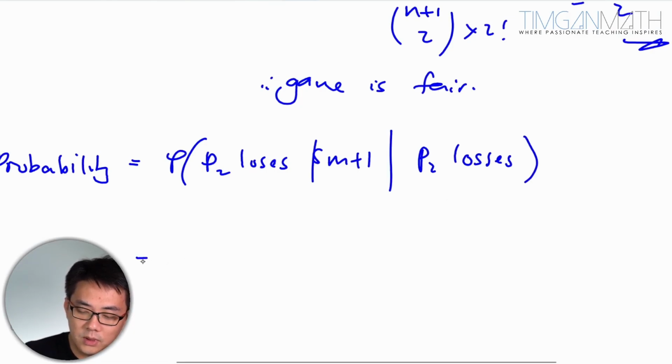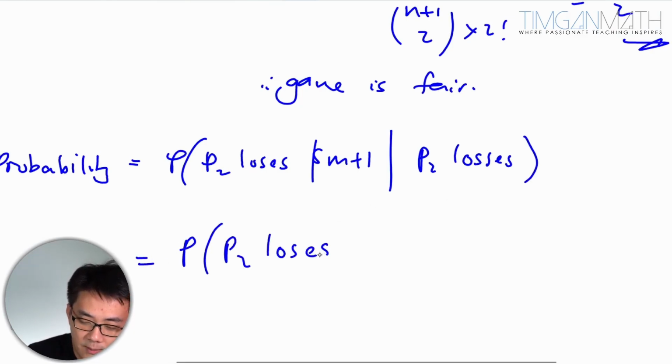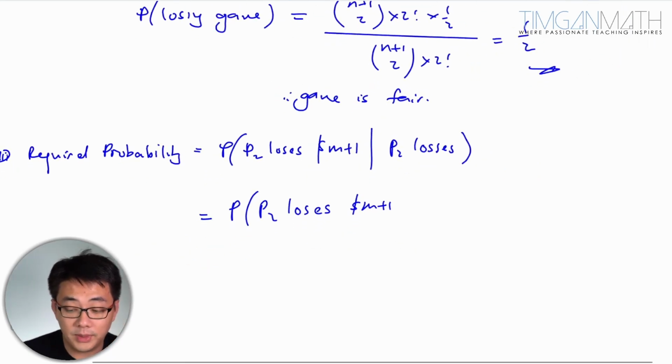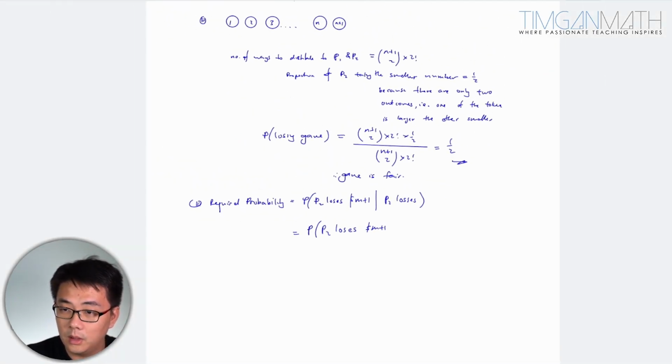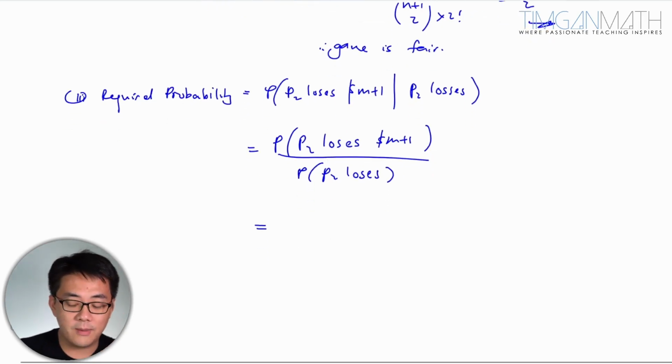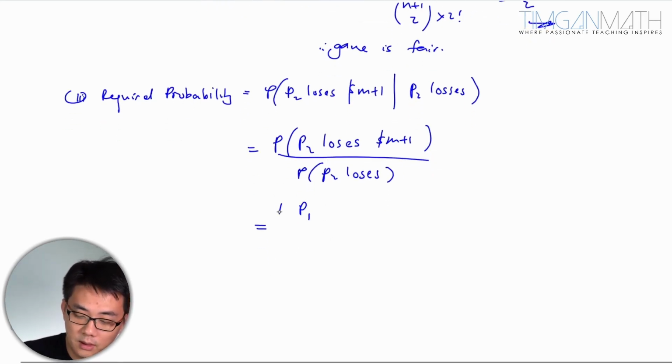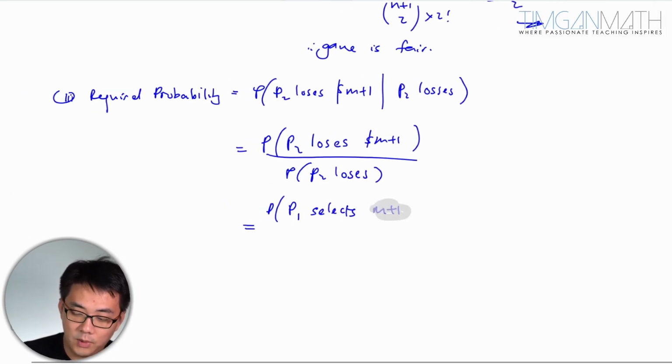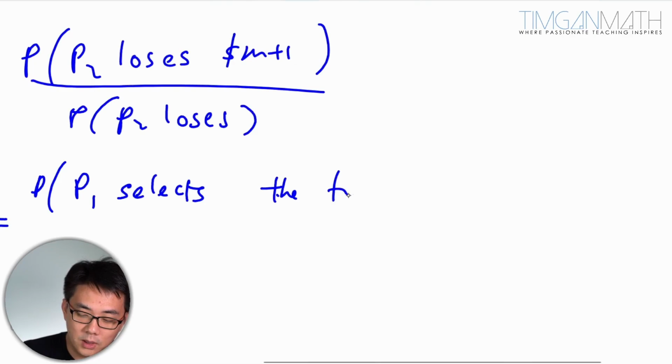Now this is pretty okay. He will only lose m plus 1 when P1 takes m plus 1, right? So it is the intersection: P1 picks m plus 1 given P2 loses. The probability that P2 loses is obviously half. If P2 loses m plus 1, it means P1 selects the token m plus 1,